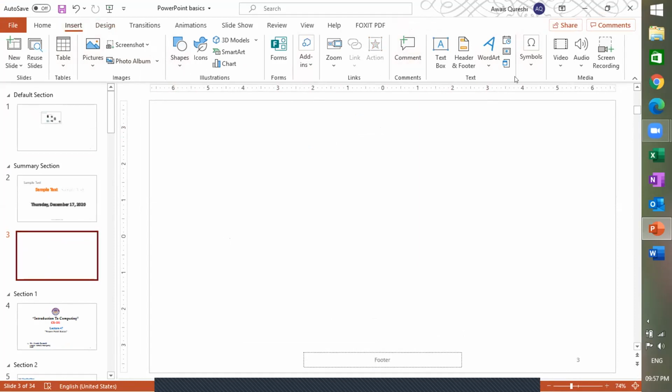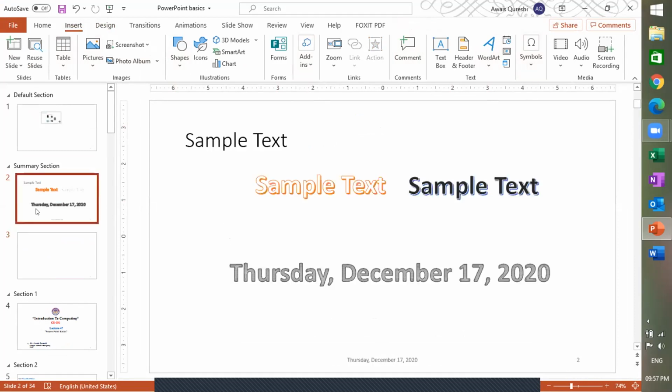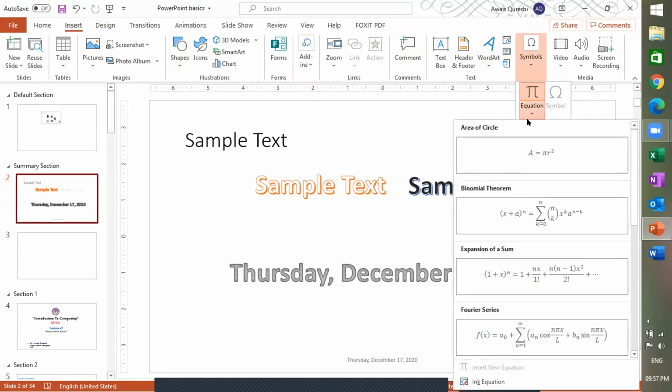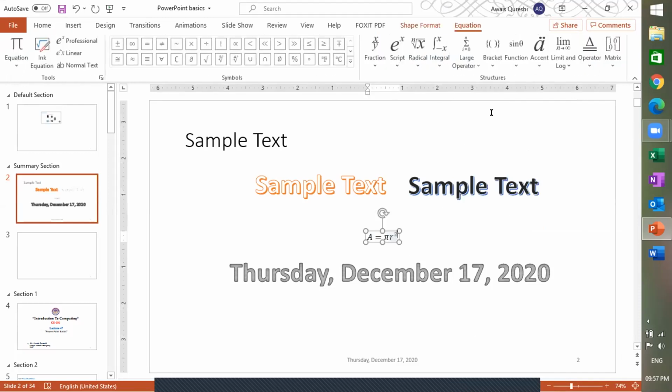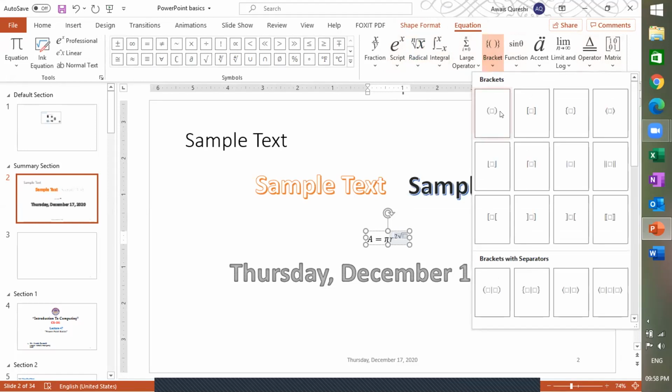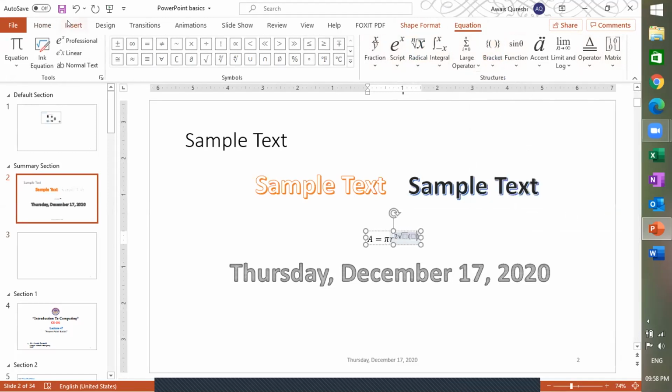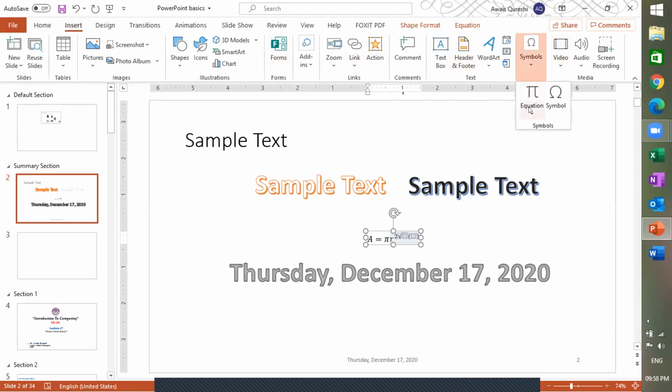Now let's move on and see other options. If you want to add some symbols in the text, then you can use a symbol. This is for equations. You can use different mathematical equations, like area of the circle is for this one. If you want to add some formulas in your presentations, then you can use these equations and structures. If you want to add some matrix or operators, limit and logarithms, brackets, you can use these special insert and then add symbols over here. Okay, and this is for equations, mathematical equations, and this is for normal symbols.